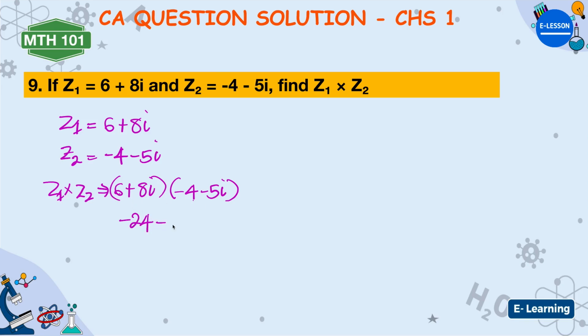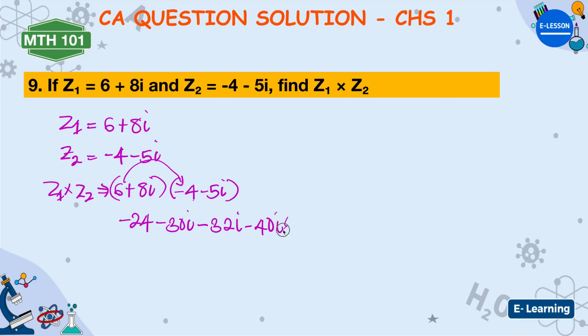This multiplied by this will give us minus 30i. Then use this 8i to multiply minus 4, which will give us minus 32i. Then use this 8i to multiply minus 5. That will give us minus 40i